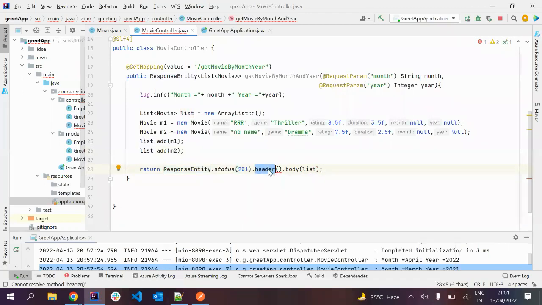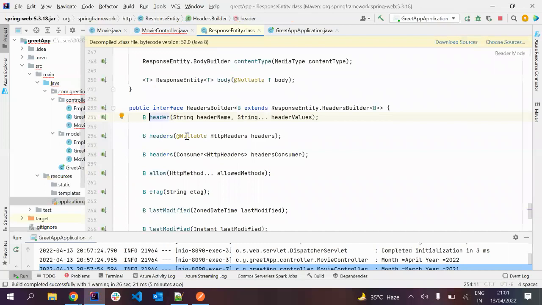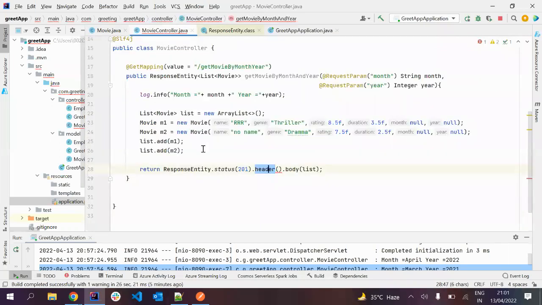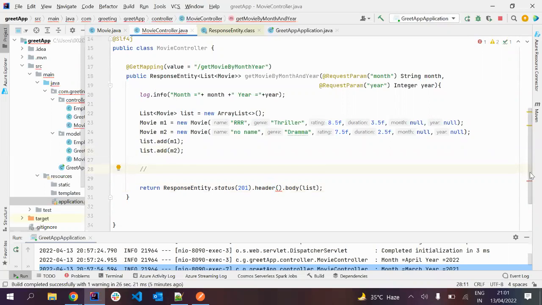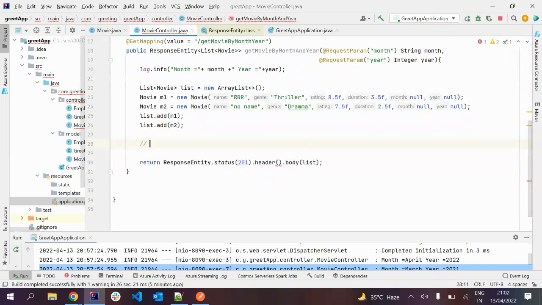Okay, so here, if you go and look, HTTP headers is what it expects. So basically you will have to pass the HTTP headers. This one I am telling you as an extra thing; whoever is not interested can just be quiet. But it is very important. Okay, how to pass